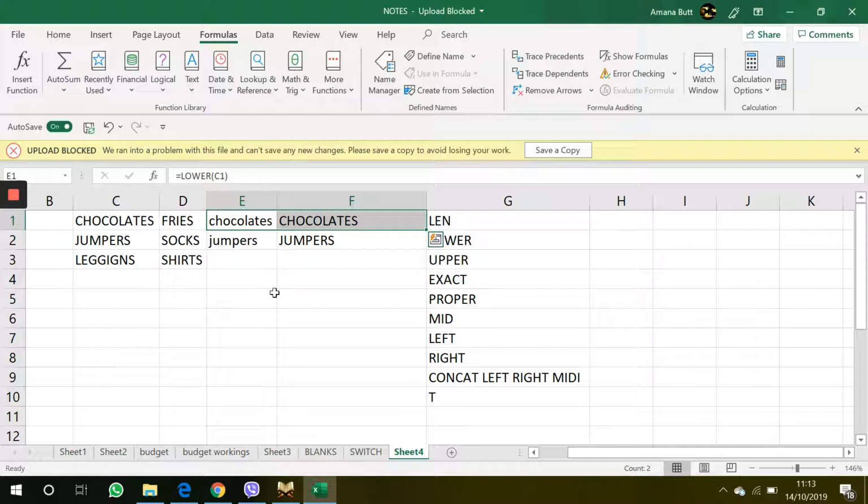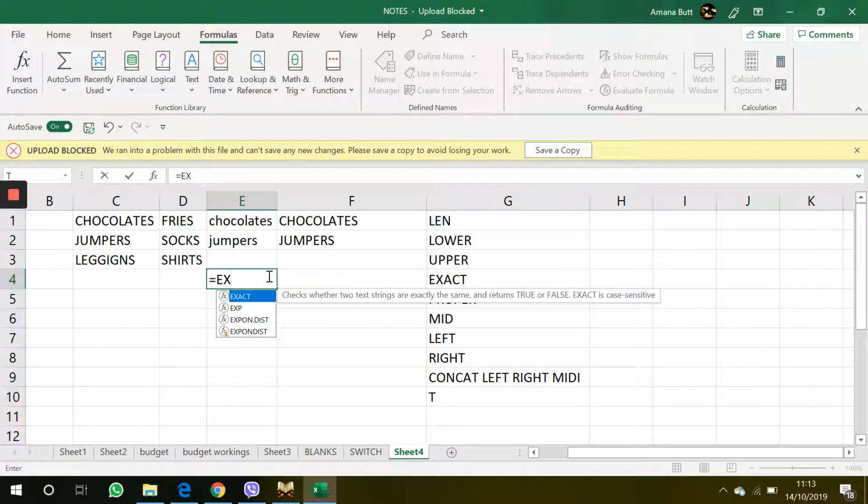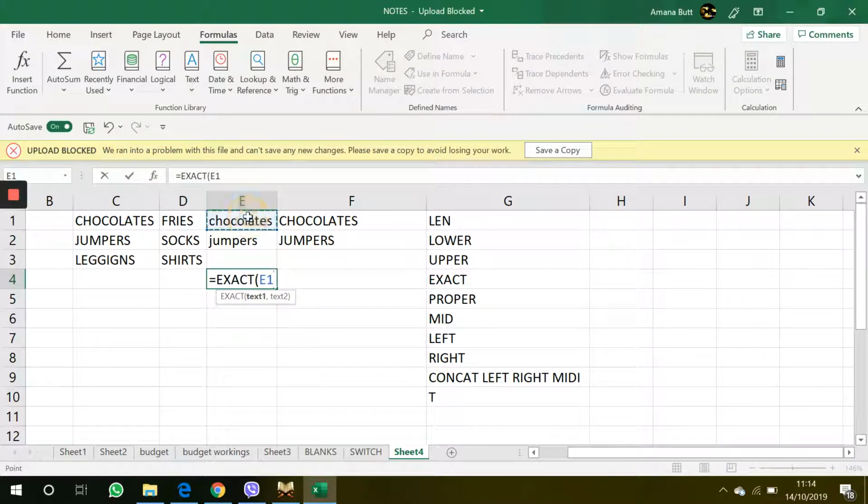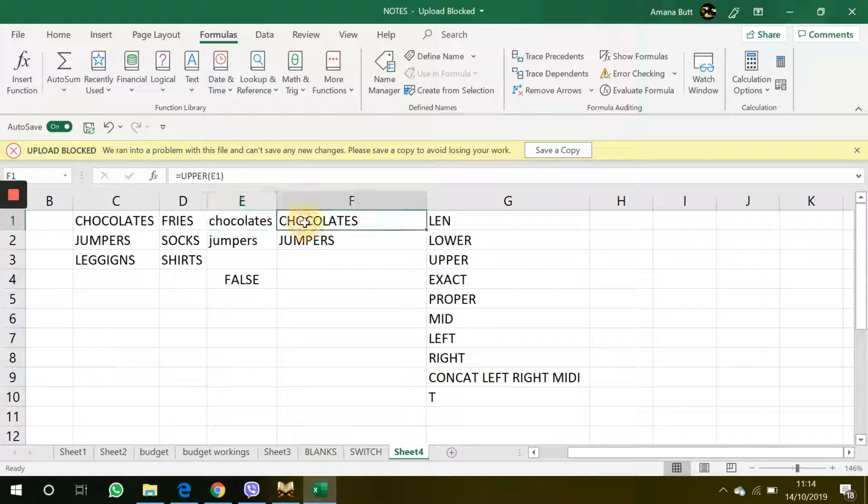Now, if I want to know if this equals this, if this is exactly the same, there's a function called exact. So I can just say exact, right? And I'll select my first text and comma. It guides you here that you need to add a comma in between two texts. And then my second text and click enter. It says false because you can see the first one is in small letters, the second one is in capital